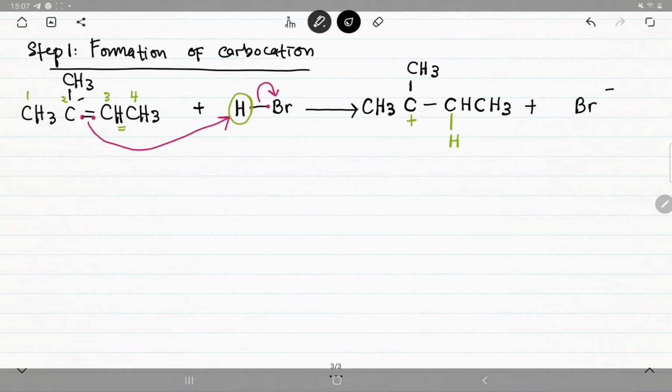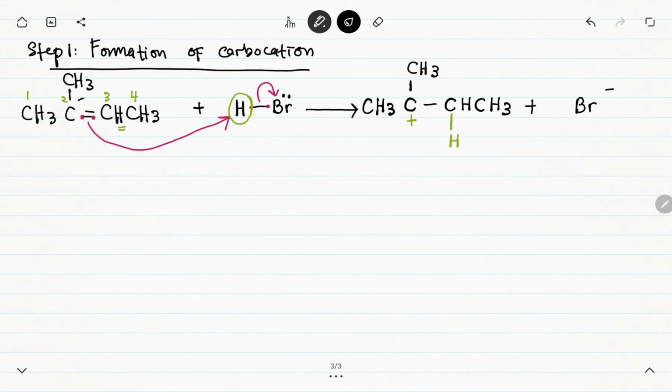Why bromine ion? Because in the covalent bond in the Lewis structure, H and Br have 3 lone pairs. After the bond between H and Br breaks, both electrons are given directly to the bromine, and finally we form 4 electron pairs at bromine, and the formal charge for bromine is -1. So if we want to proceed to the second step, what is the second step? Step 2 should be rearrangement.